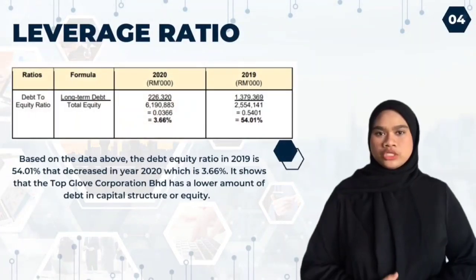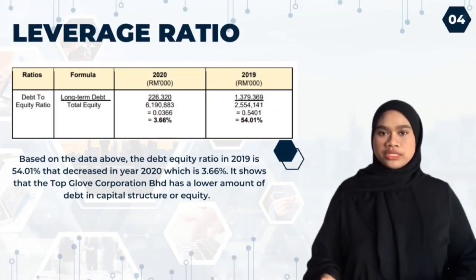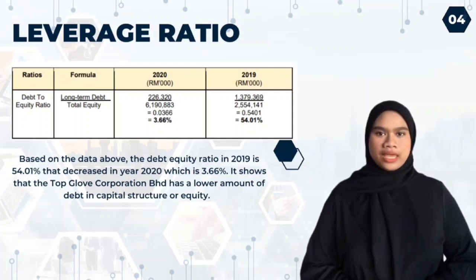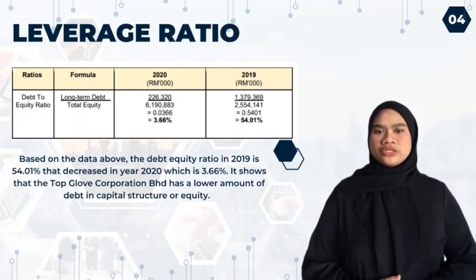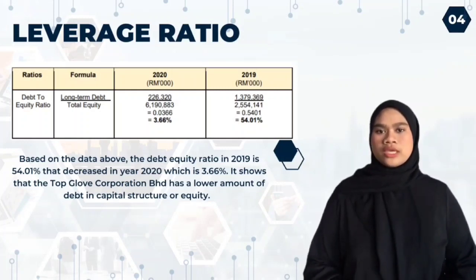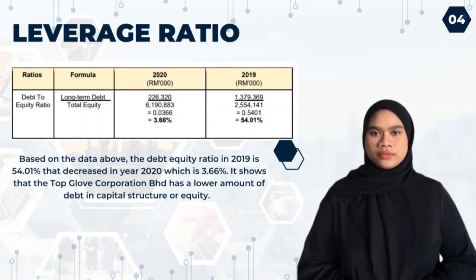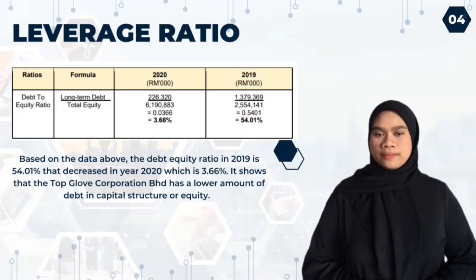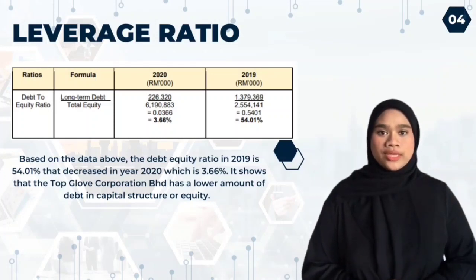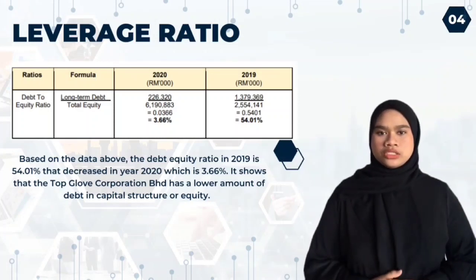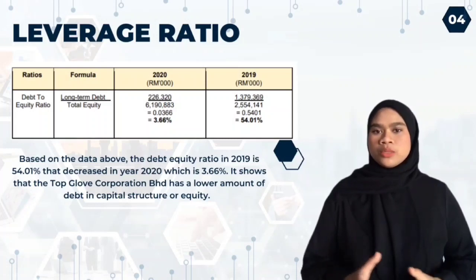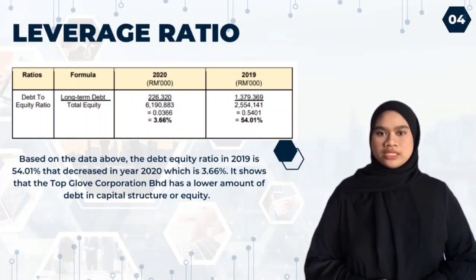A leverage ratio is any of several financial indicators that assess a company's ability to meet its financial obligations, or how much capital it has in the form of debt, also known as a loan. A company's total debt is compared to its equity using the debt to equity ratio. A higher debt to equity ratio indicates that bank loans and shareholder finance are used more frequently than investor funding,